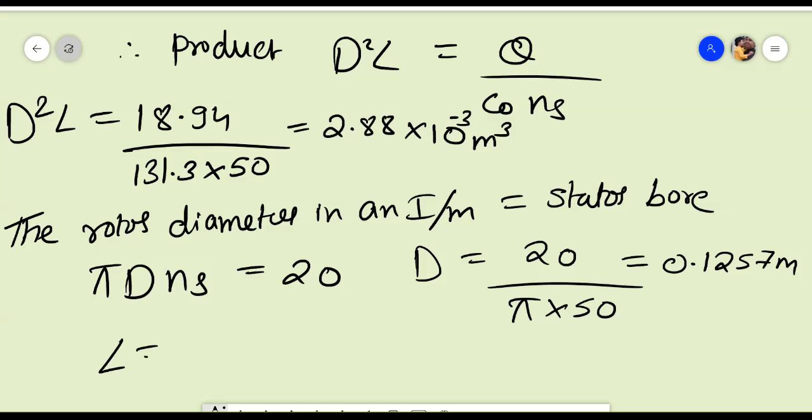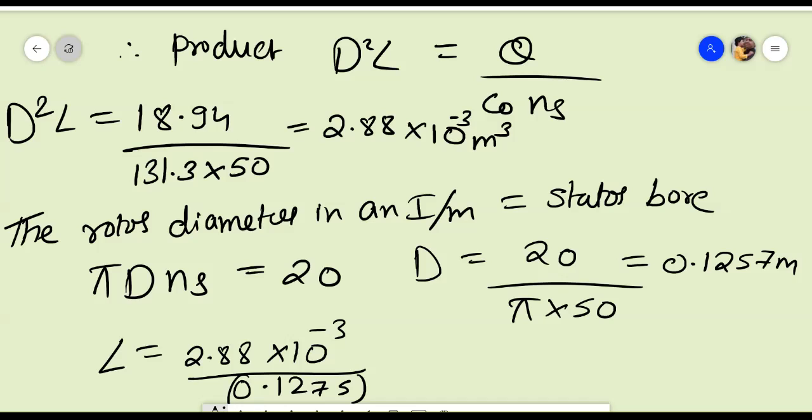And hence our length L will be equal to 2.88 multiplied by 10 power minus 3 divided by 0.1275 to the power 2, which will be actually equal to 0.177